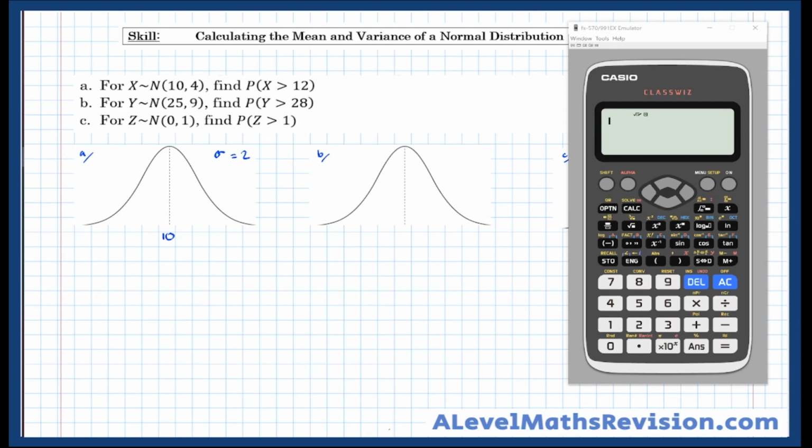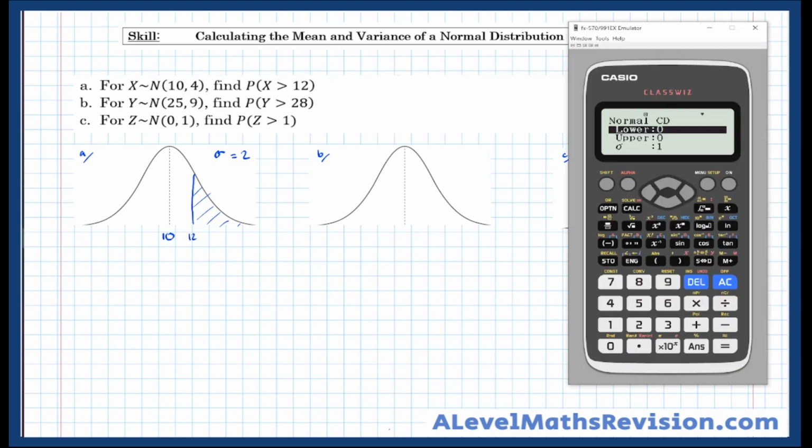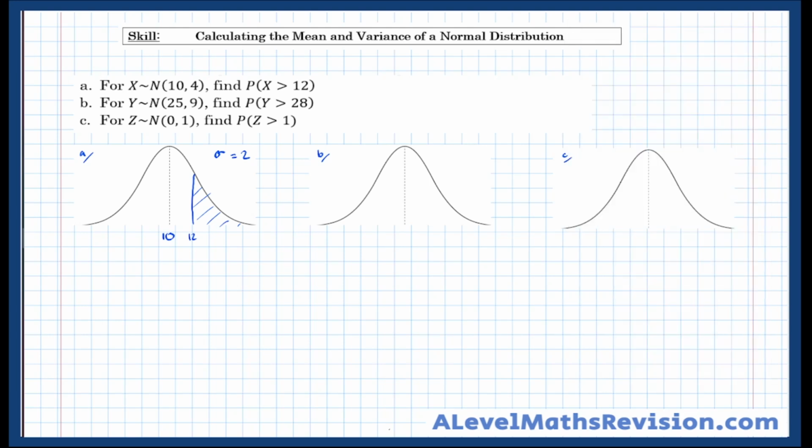So let's calculate the probability using the normal CD mode on the calculator. In this case, the lower bound is going to be 12. And this is the area that we're calculating, 12 and above. So lower bound 12, upper bound infinity. The standard deviation we said was 2. And the mean in this case was 10. And that gives us 0.1587. So P equals